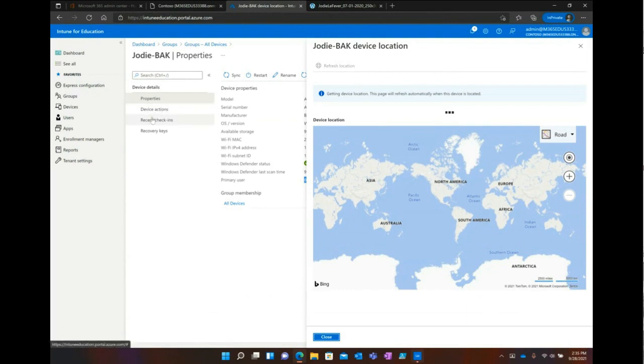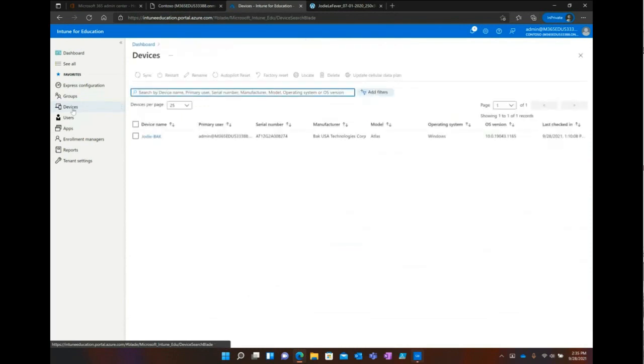You can see recent check-ins, and if you have deployed BitLocker with Intune, then you can look at the recovery keys right in here. So the help desk no longer has to go through the whole old MBAM process. They can just come look in this Intune for Education console and get the recovery keys. Going down, again at device level, you can do batch.